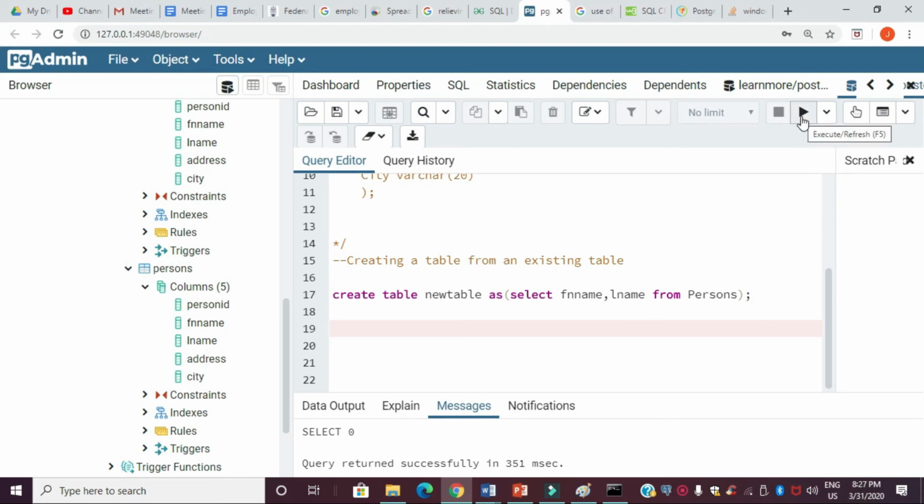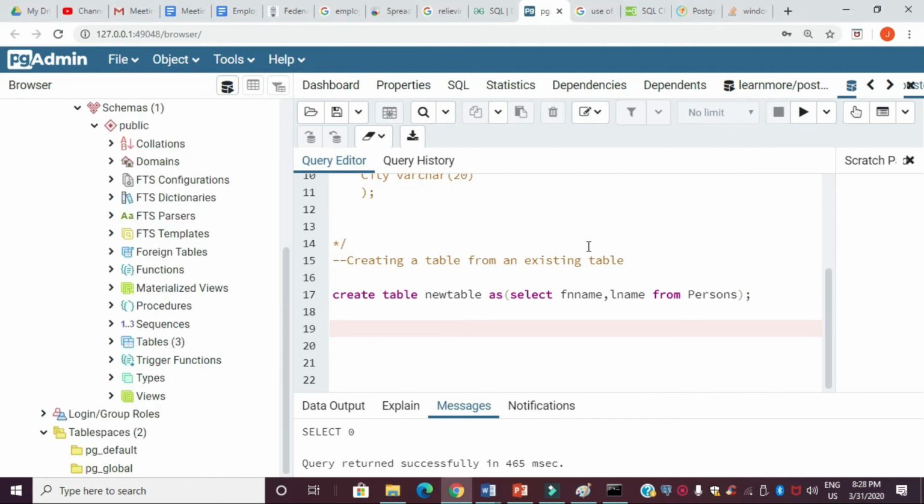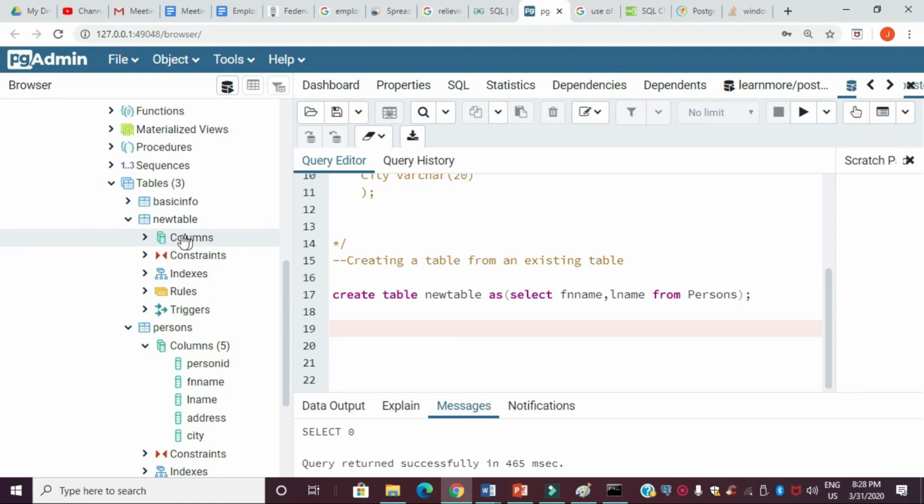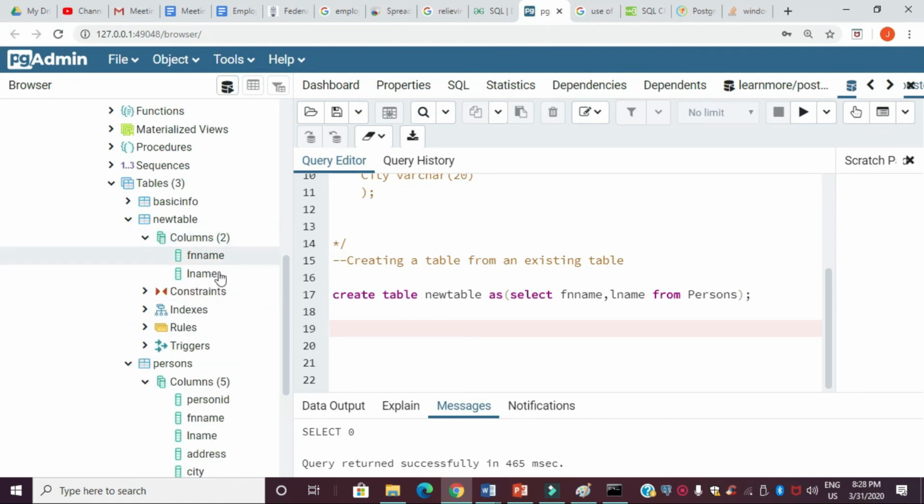Now you can execute the query. Query returned successfully. For viewing the newly created table, you have to go to your database name, then select tables. Then you can see the new table here. The table name is new table. You can expand that, and the columns are f name and l name as we mentioned here. Okay, this is how you create a table with selected columns from an existing table.